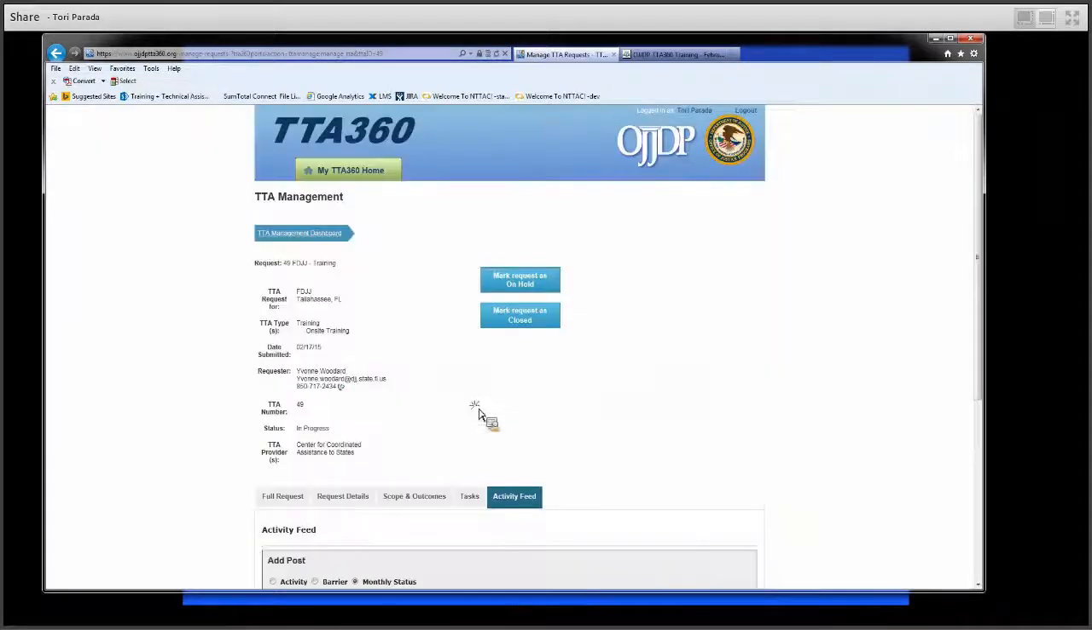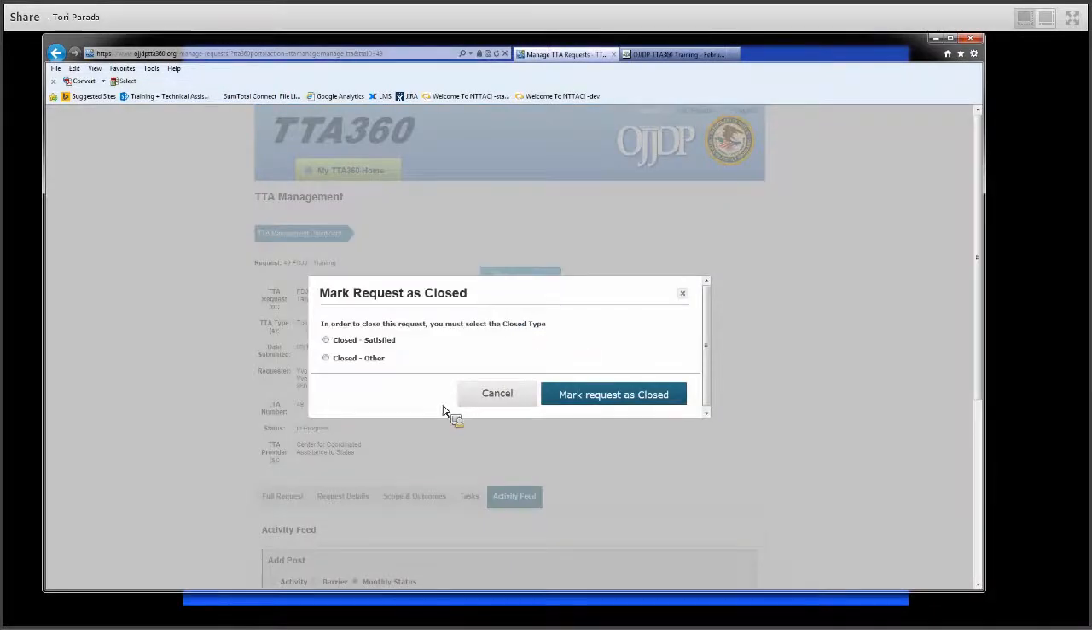I can also close a request here. So there's two ways that I can close a request. I can close it because it was satisfied, the work is done, we fulfilled the request, and if that was the case, I'd go ahead and do this. Now, because all of these tabs are empty, specifically full request obviously is not empty, that's complete, but request details and scope and outcome, those two tabs that are required OJJDP data points, what happens if I tried to close this satisfied right now and mark it as closed, it's going to tell me that I have things missing,